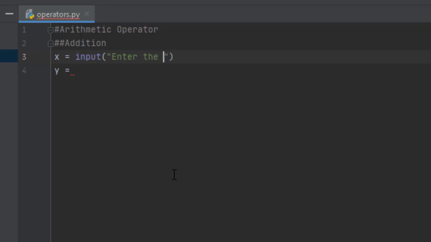So I give a message like "enter the value". This message will appear to us in the terminal. Whenever you give a value, that value will be assigned to the variable x. I'll erase this y and I'll simply print, I'm sorry, it should not be a capital P, I'll print the value x to show how the input function works.